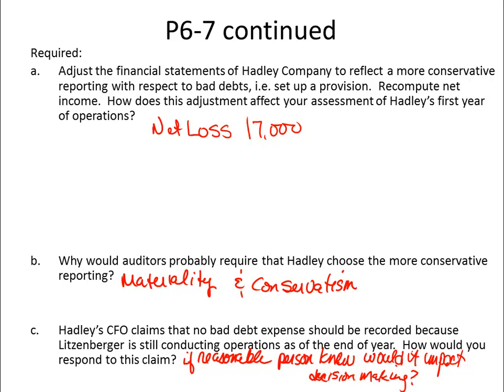Part A, how does that impact the income statement? There's now a net loss of $17,000. Why would auditors probably make Hadley choose the more conservative reporting? Because of the materiality of the amount. It's a big number on the first year of this